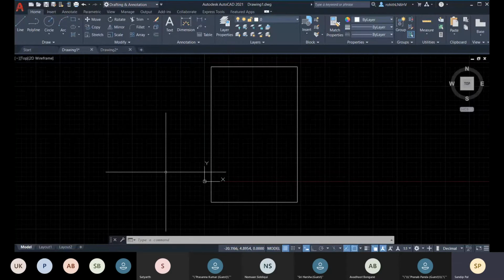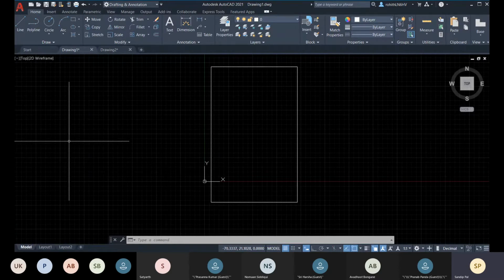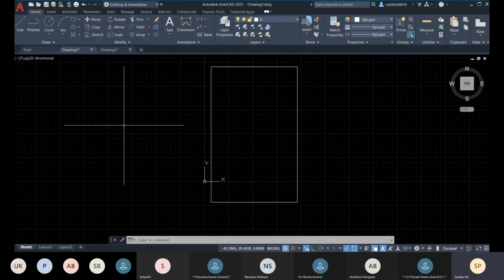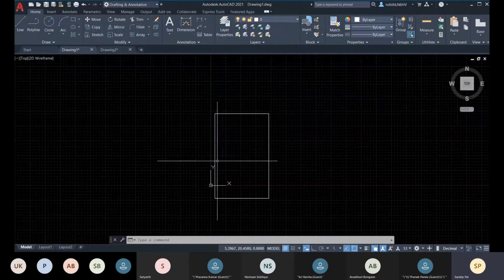You cannot draw it, right? Because your floor, the XY plane, is right now the working plane. Whatever you draw will be drawn on the floor, on the XY plane, and you can change it. For that, you have to change the orientation of your XY plane. It will be needed while working in 3D.